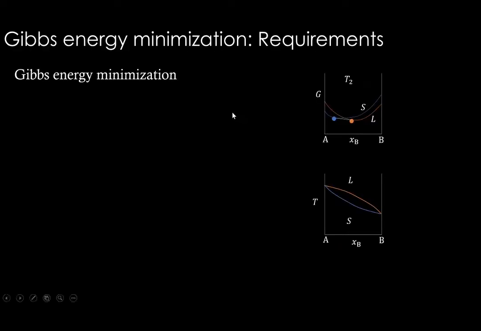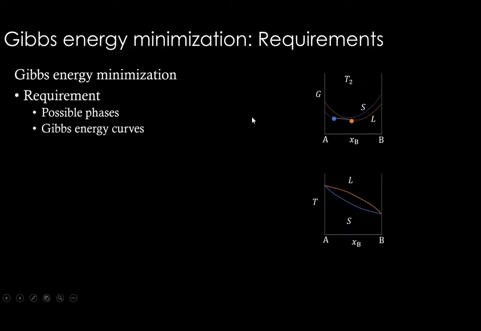So what is Gibbs energy minimization? Again, we have seen in the video on Gibbs energy composition diagrams that we have these GX plots of different phases in competition, and from that we can map a diagram like this, which is the phase diagram, temperature versus composition diagram, right? So what are the things we need to do this? We need to know first what are the possible phases. Here we are talking about solid and liquid in competition. So we need to know that there is solid and liquid in this system which are in competition at this sort of temperature. So that is the information we need.